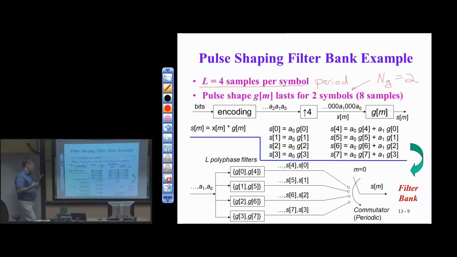Okay, let's look at where the inefficiency comes in. So if I do the standard, I have a bunch of bits, and I encode them using a constellation map, pulse amplitude modulation. I get out a bunch of symbol amplitudes, plus D, minus D, plus 3D, minus 3D, whatever the map gives us. And the upsampler is going to append zeros after every symbol amplitude. And if we look at what happens, so here's 1 symbol period. I have the symbol amplitude A0, and I've got this in streaming form, so A0 is the most recent value. I append 3 zeros after that,